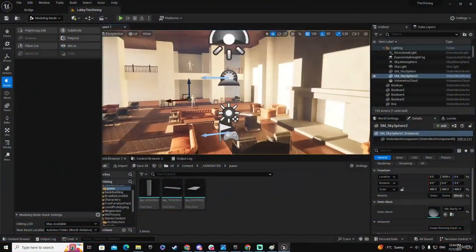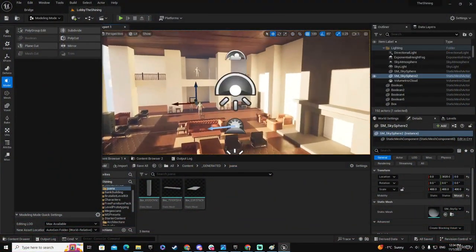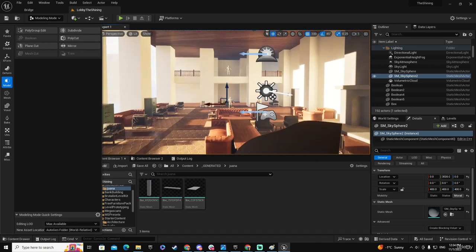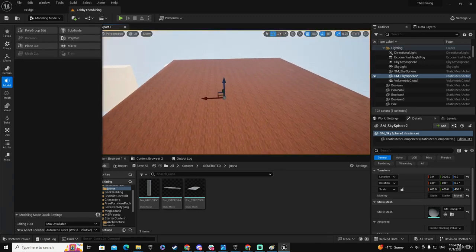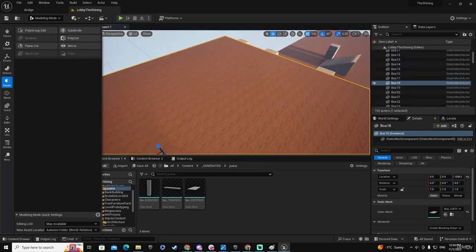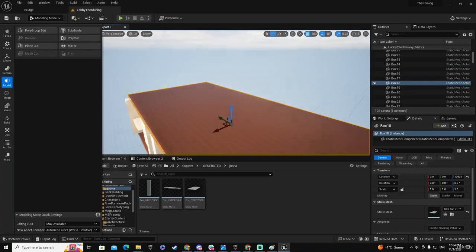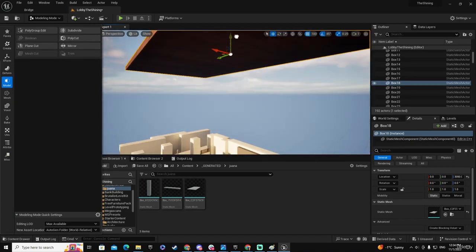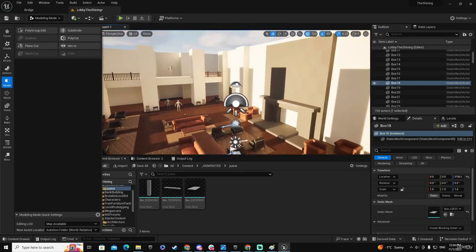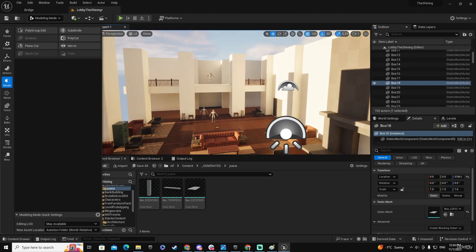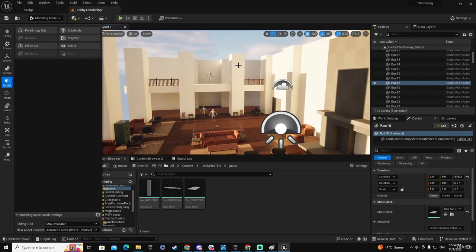Okay, guys, the next part we're going to create is the ceiling. And the ceiling is totally different to the ceiling that we were thinking it should be. First of all, I'm going to select the ceiling and as the center. Okay, there's the center. Let me move it away a bit more. So now that we have the ceiling out, the first thing is to cut a bit the size of these